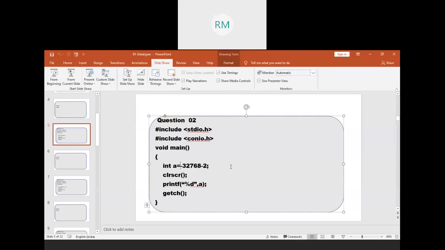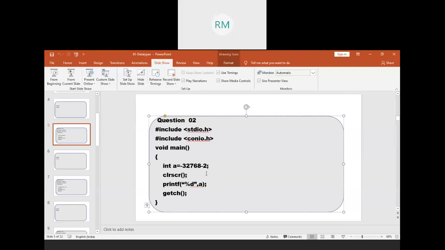Actually, generally, these ranges that I discussed are for a 16-bit computer. If it is a 32-bit computer or 64-bit computer, then integer occupies 4 bytes. That's why the size is not fixed for integer, but char is the same. Whether it is a 32-bit or a 64-bit computer, the char variable occupies only 1 byte, because the ASCII values are 0 to 255. So the integer range changes depending on the compiler, 16-bit or 32-bit or 64-bit. These problems I have given in the context of a 16-bit computer.